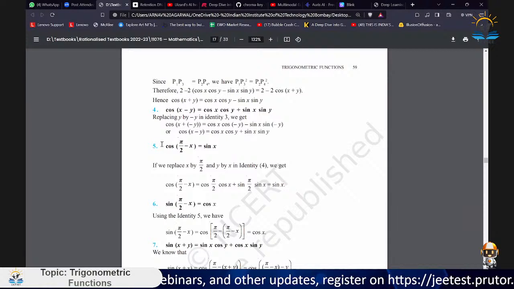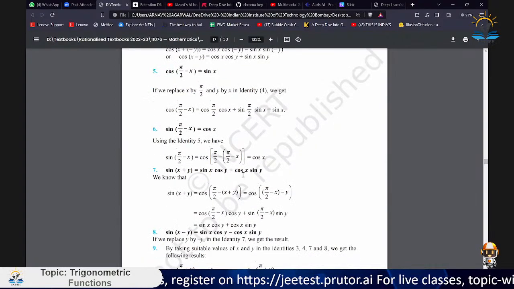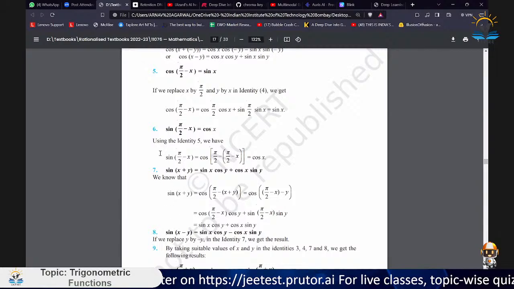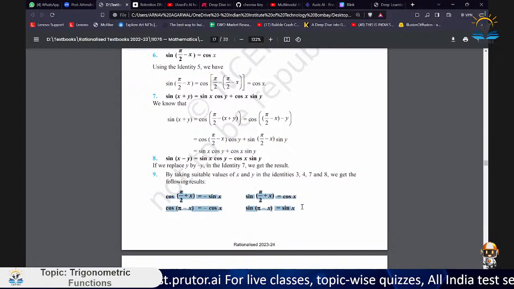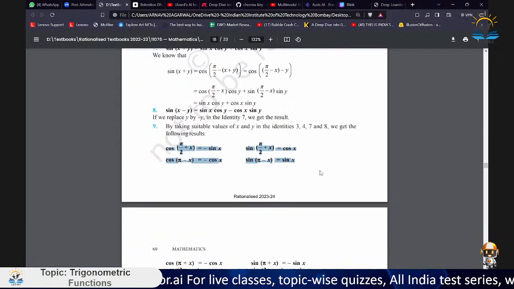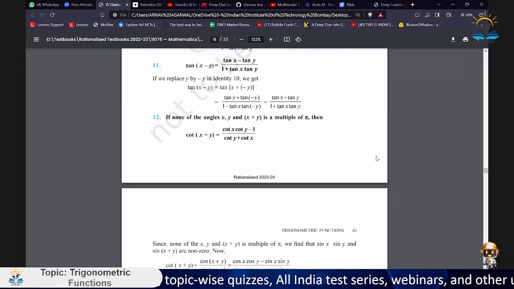Again, cos(pi by 2 minus x) is equal to sin x. Sin(pi by 2 minus x) is equal to cos x. Sin(x plus y) is equal to sin x cos y plus cos x sin y. Sin(x minus y) is sin x cos y minus cos x sin y. And again, these four, even this. So again, all these 12, 13, 14, 15. How many are there? 16, 17, 18,